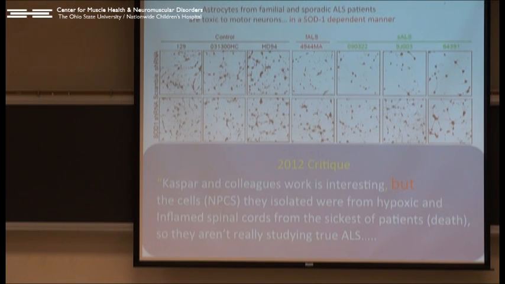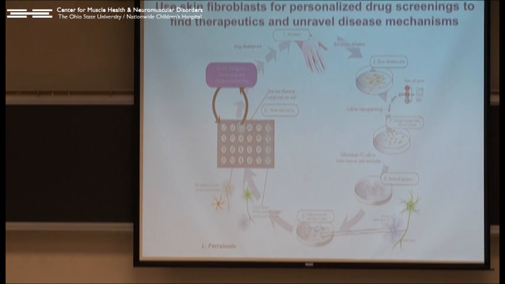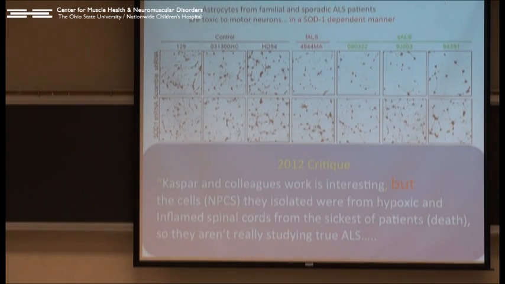And you're taking these neural stem cells from the inflamed spinal cords of the sickest of patients in which they were dead. So you're really not studying true ALS. So what the good question is, what is true ALS? I think what they were doing in the critique to us was to say, your neural